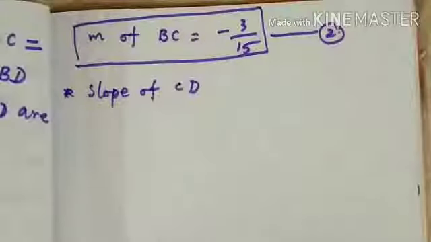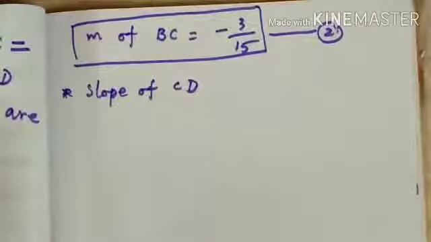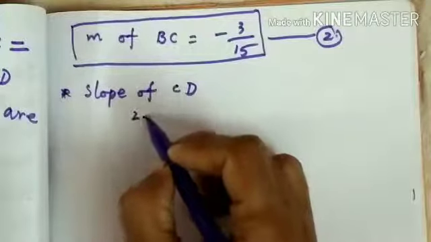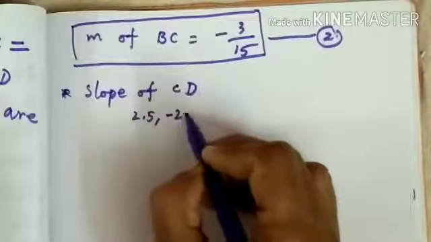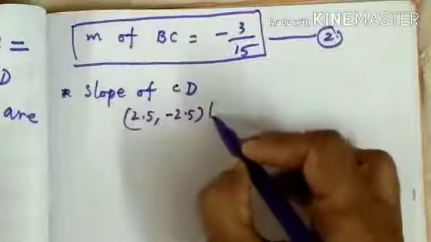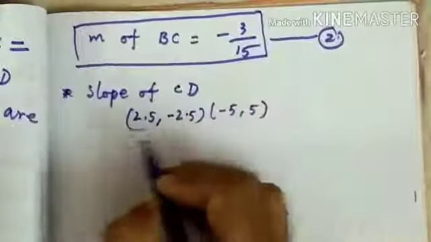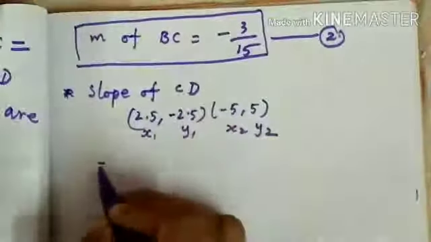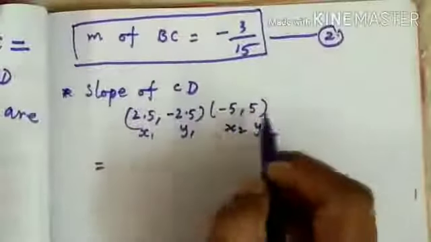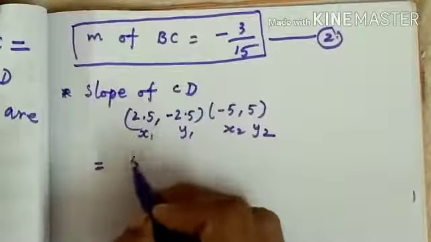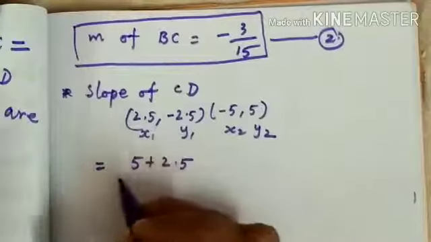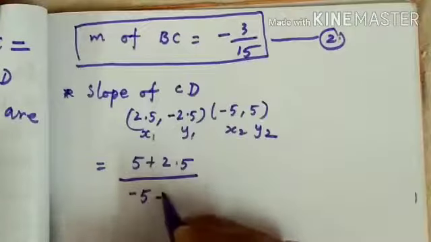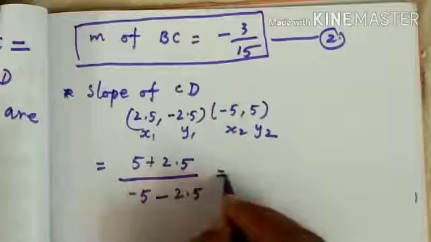Next you have to find the slope of the line CD. Take down and write the C point 2.5 comma minus 2.5 and D point minus 5 comma 5. Let us assume x1, y1, x2, y2. Now you have to apply these in the formula, means we get (y2 minus y1) 5 plus 2.5 by (x2 minus x1) minus 5 minus 2.5,